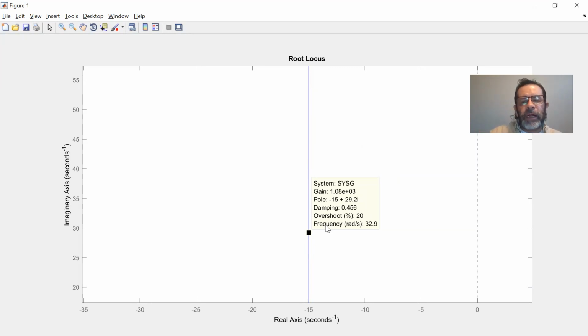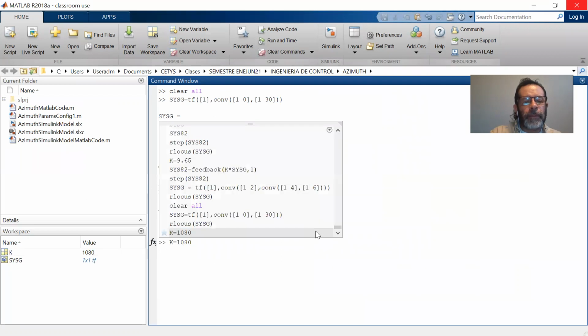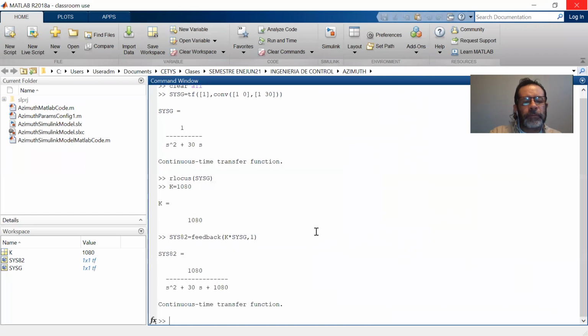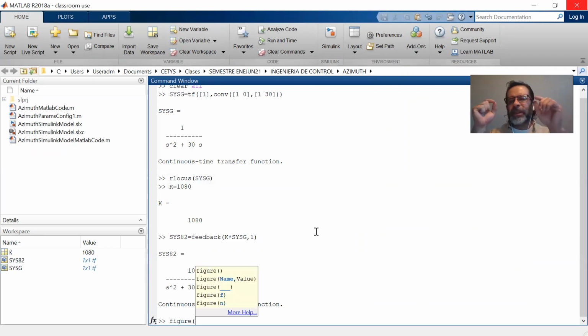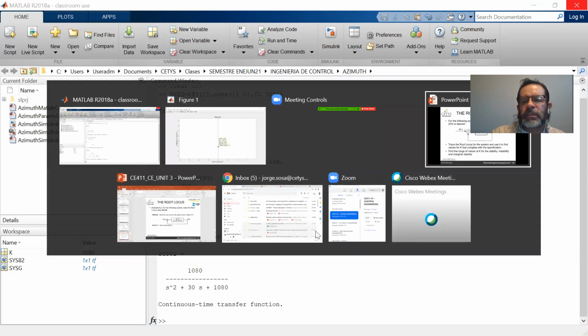So let's give it a value of 1080 and see what happens. 1080. And I'm going to do the feedback. Before I do the step, I'm going to do the following because I don't want to remove the root locus. Remember that in MATLAB, if you call up a function that does a plot or a graph, and then you call up another function that does another one, it's going to put one on top of the other. So I'm just going to call the figure to open a new one, and then I'm going to do the step of